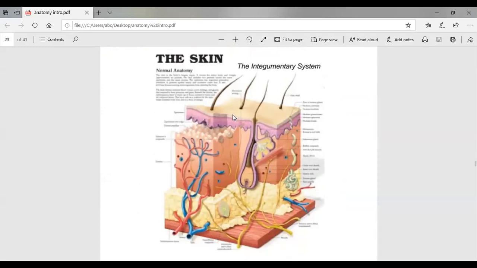This is a very in-depth diagram of the integumentary system. This you might not have seen ever in school or college. I told you that the integumentary system is an example of an organ system, right? What is an organ system? An organ system is a collection of different organs. So imagine that your skin has been cut and washed and placed in front of a microscope. This is how your skin will look.